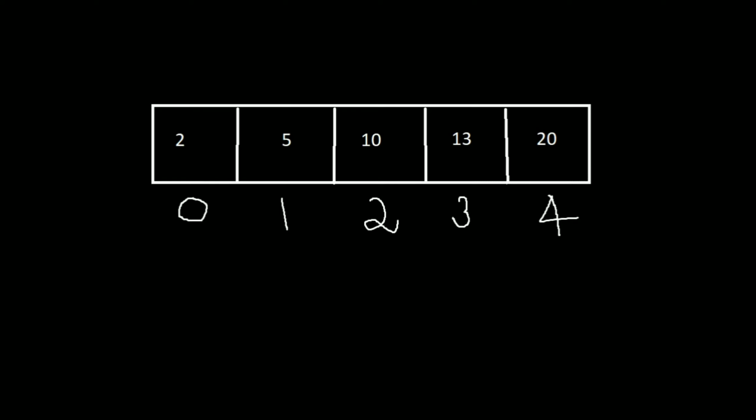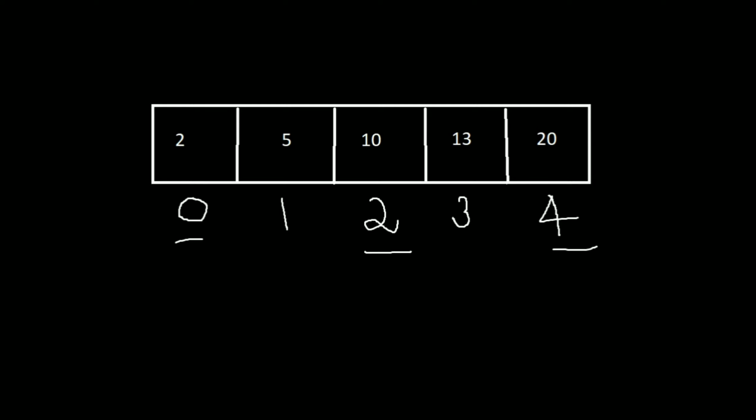Okay. Now we know the first index and the last index. Now we have to know the middle index of the array. How do you find that? It's simple math. First plus last divided by 2 will give you the middle index of the array. In this case it will be 0 plus 4 by 2, which gives you 2 as the answer, which means that 2 is the middle index of this array. So now you know the first index, middle index and the last index. These are the only things you need to know while doing a binary search.